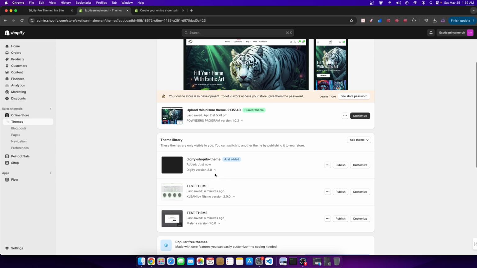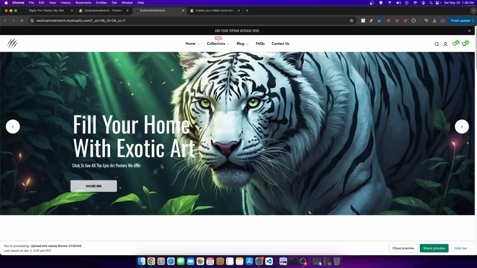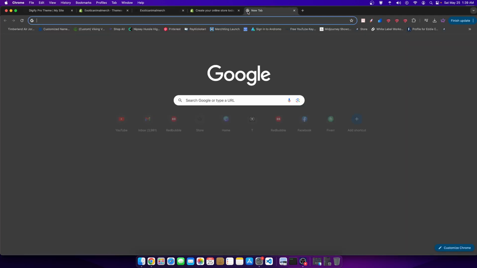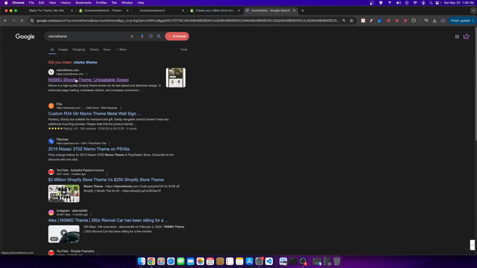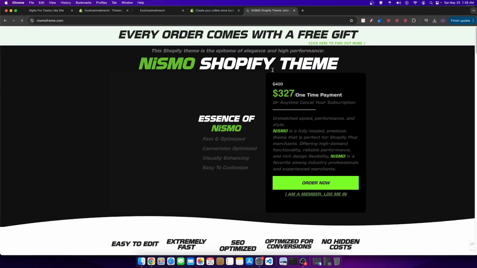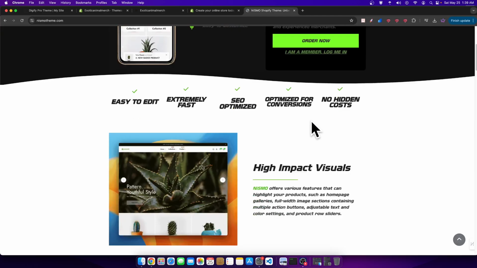Now we're gonna go ahead and preview the actual theme. But to put things into consideration, before we actually preview the theme, I want to show you what my current website looks like using the Nismo theme from nismotheme.com. So I believe, actually, let me pull it up, Nismo theme. Yep, nismotheme.com. This is the Shopify theme that I'm currently using,